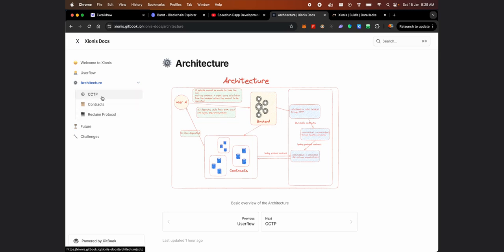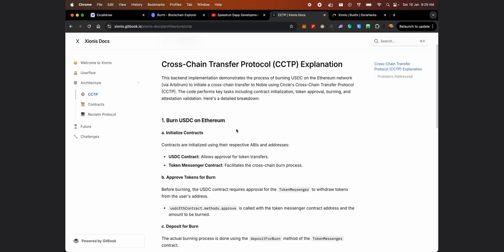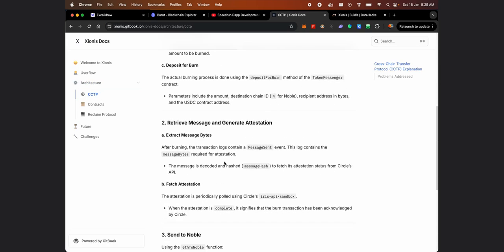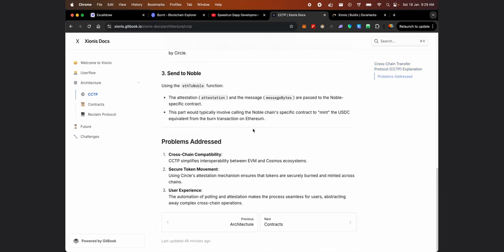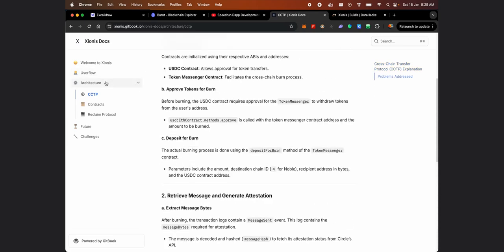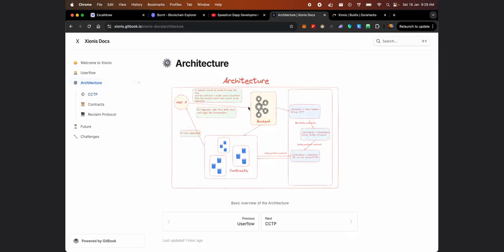I have explained the code and the working here, that it burns USDC first on Ethereum and then receives the message and generates the attestation, etc. So this will happen through CCTP, and after the CCTP call, the USDC will be available on Noble. Now as we have the USDC available on Noble, we can simply take two liquidity pools from an escrow service and simply convert our